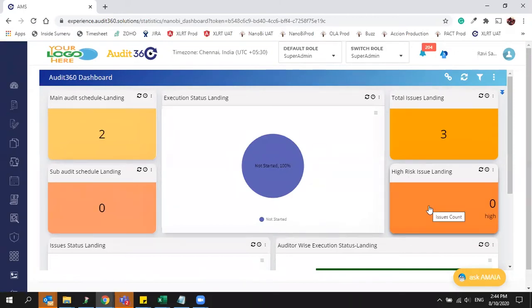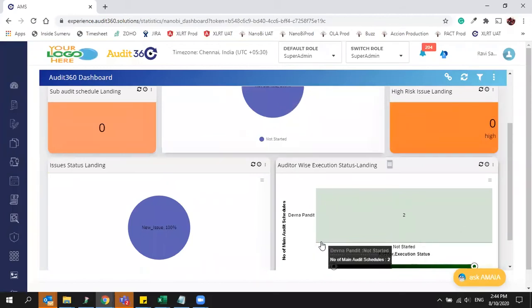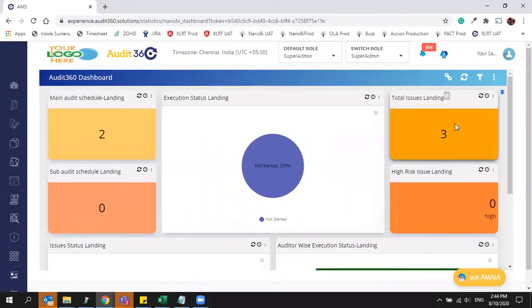In the sense, if you have any planning for today, you can see how many schedules have been scheduled for today, what is the status of that audit schedule, who is the responsible auditor, whether any new issues have been added today, or any issues have been resolved or changed from any status. Those kinds of summaries you will get in the landing page, which will be useful for you to plan your day accordingly. This is only the informative dashboard.